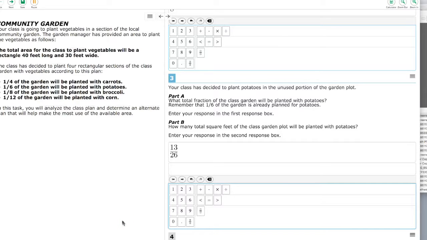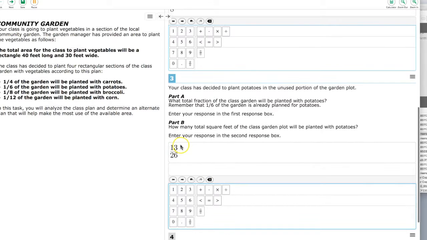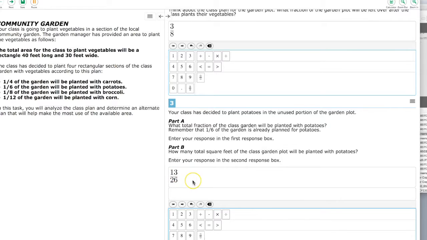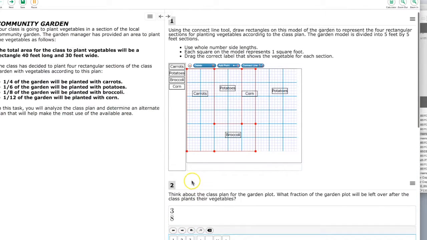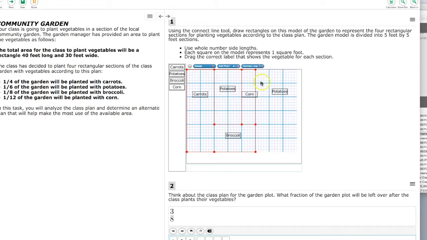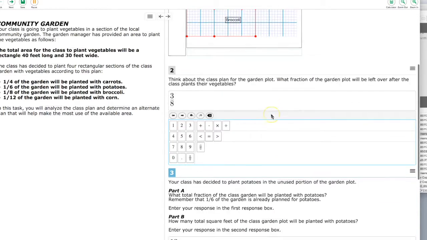Okay, now going back to our problem, we figured out the top, we've confirmed it, we're sticking with our answer. The total fraction of the garden that's potatoes is 13/26 of the garden. Okay, now they want to know how many total square feet of the class garden plot will be planted with potatoes. Well, actually, if we go back to the 48 squares, we had 26. 26 of these squares. We've got all of these, 18, and then here, 19, 20, 21, 22, 23, 24, 25, 26. 26 of these 5 by 5 squares is